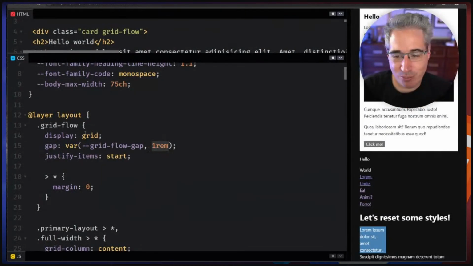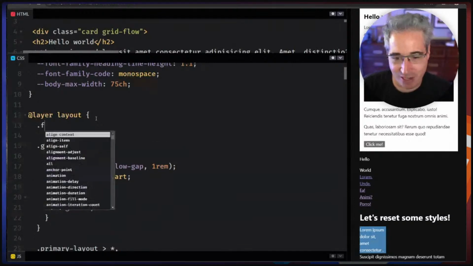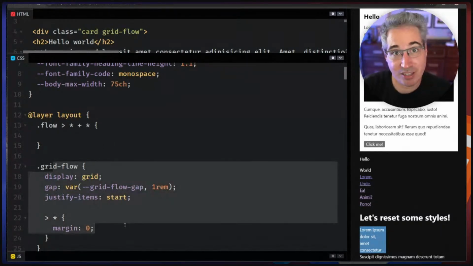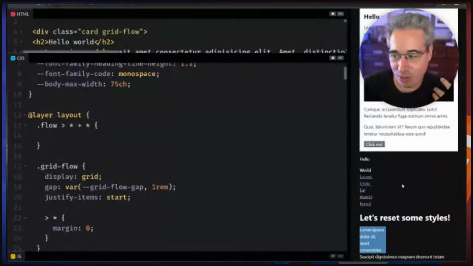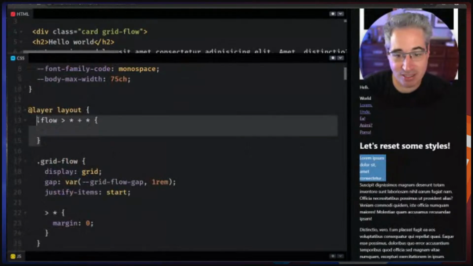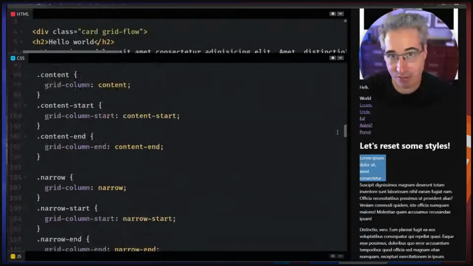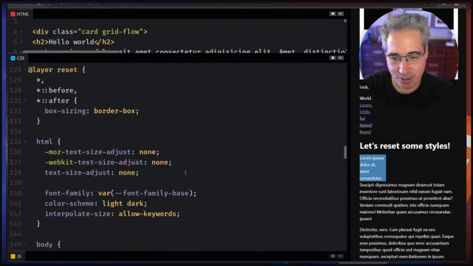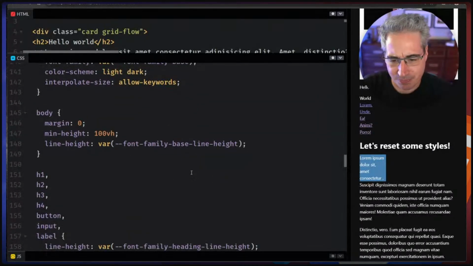I see someone mentioning the lobotomized owl. That was my next one, which I was going to do, which is just the regular flow. And that one is the lobotomized owl, star plus star, because you don't always want this type of flow content. Sometimes you want flow content where you do want differences in size. That's one of the reasons I've been using this a lot less than I used to, because I used to nuke all my margins. I would take all the margins off and then use my flow class to bring them back in. I think it's a little like Tailwind has the prose class, right? It's not quite the same, but